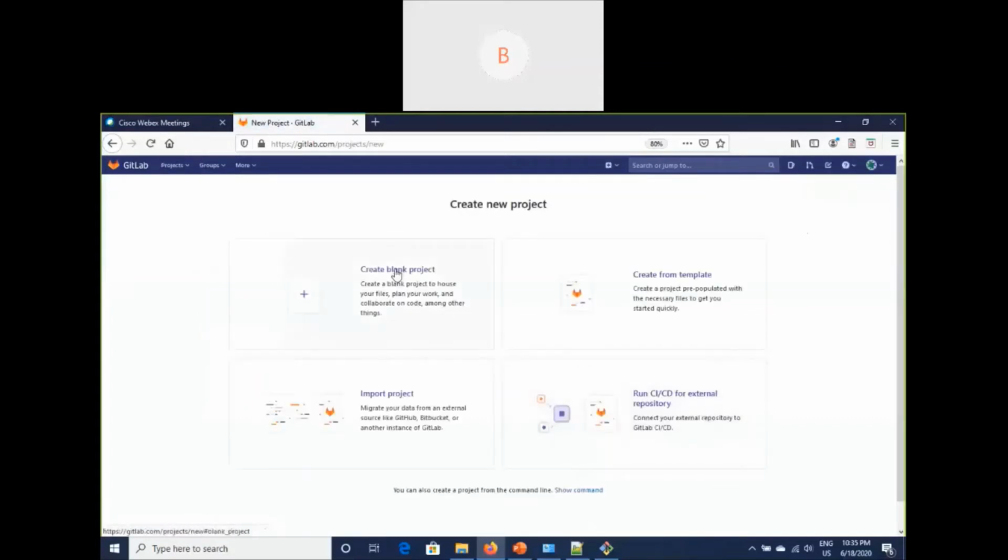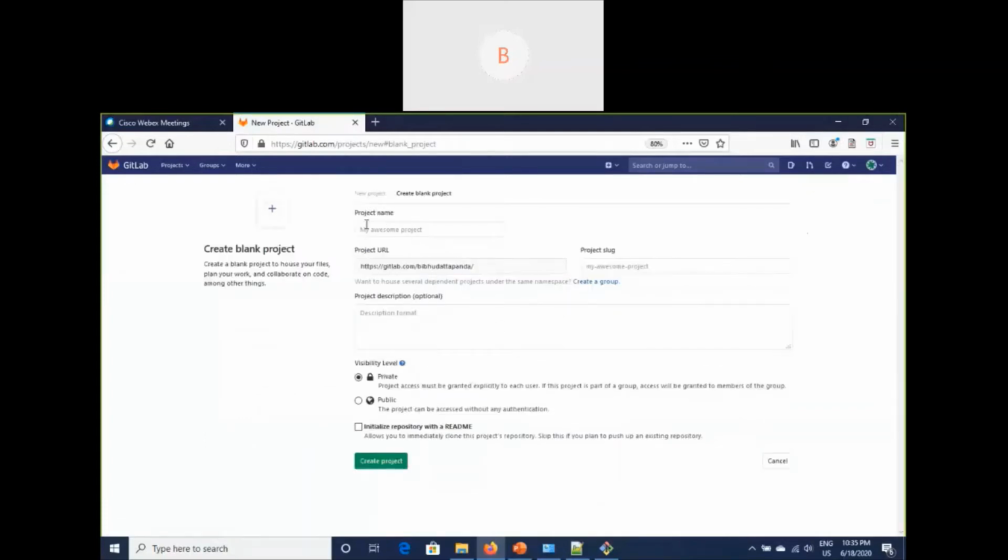So if you click on new project, create a blank project. You can provide your project name here, whatever, my first project or something, and you can choose your visibility level, private or public. I recommend that if you are starting out, you use public.